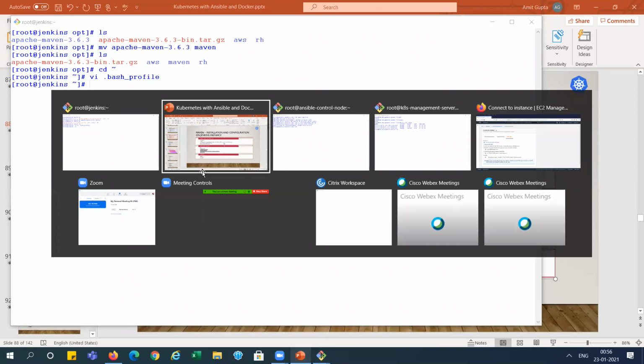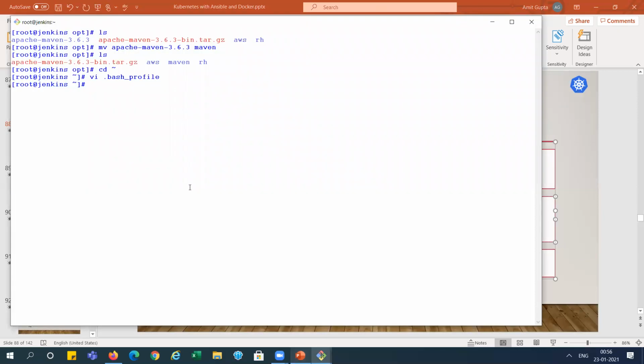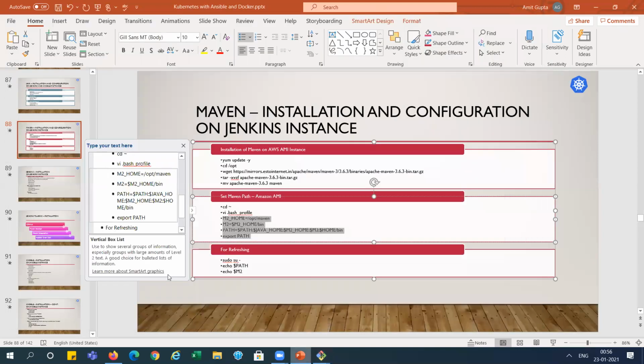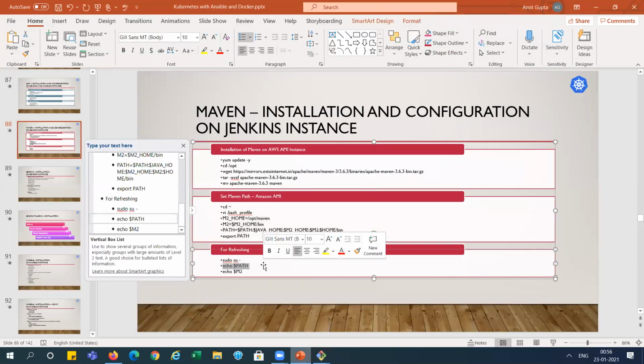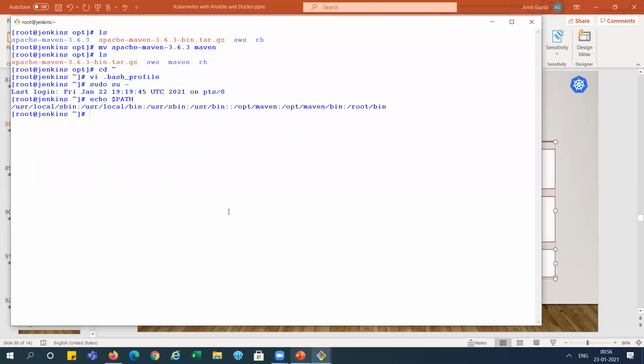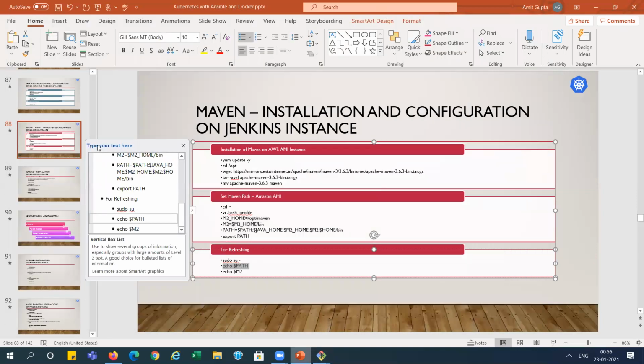Now we need to reset the things. So sudo su minus, it is restarting again, and we can check the path. We are getting it, right. We can check for M2 also. This is the Maven path. It is configured, right? Now we have done Maven.